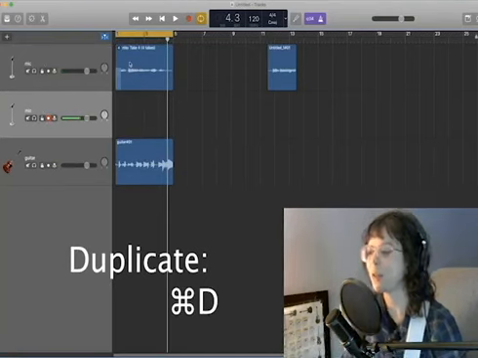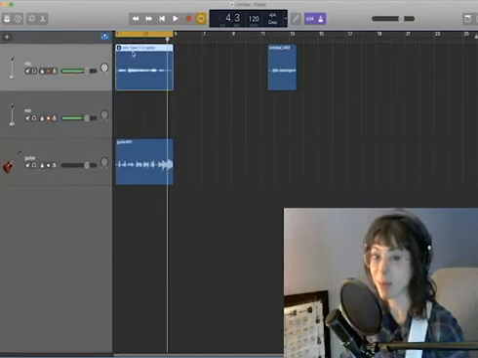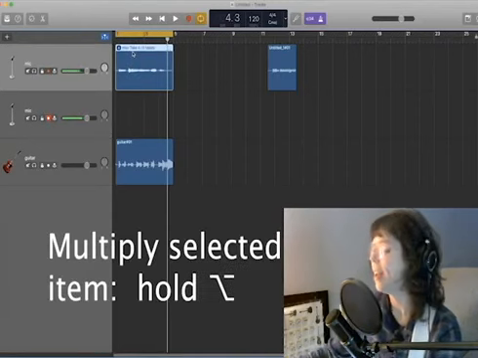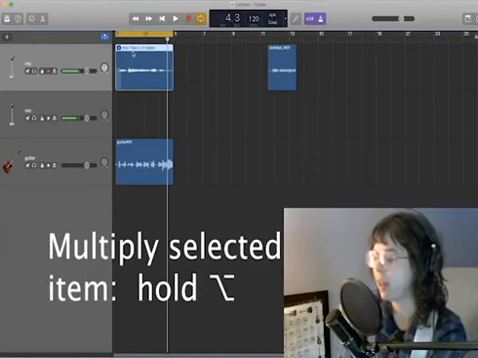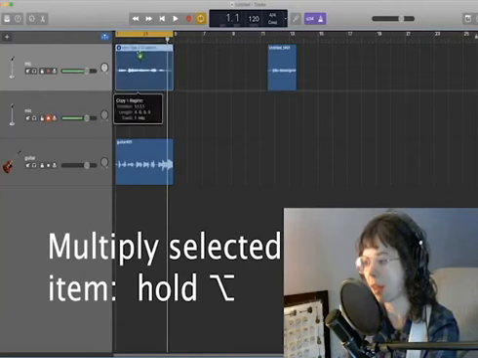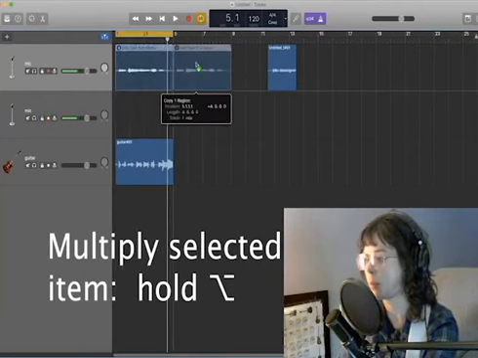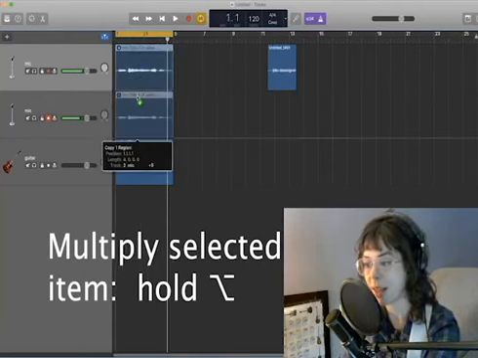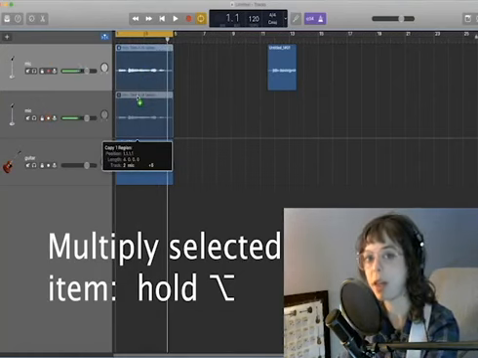Command D, you've duplicated the track. And another keyboard shortcut to be super easy: if you hold down the Option key while you drag a clip to a different portion of the song, or a different track even, it really, really easily duplicates it. So then when I let that go,